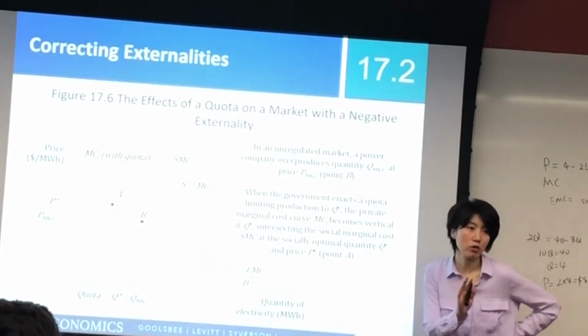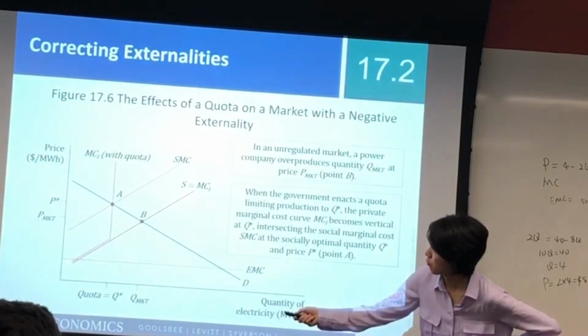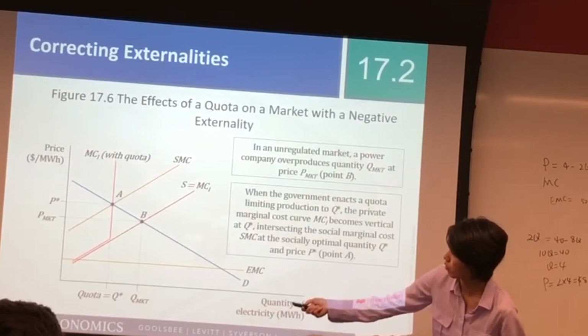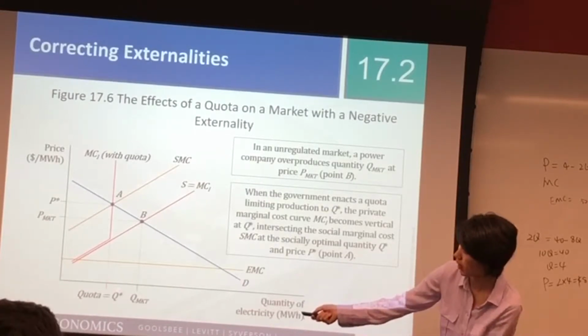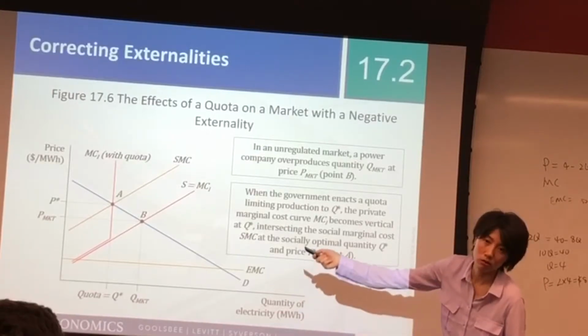That means all the firms cannot produce more than Q star. So before Q star, the marginal cost is like this, same, right? Same slope, same marginal cost. Right? But when the production is above Q star, this marginal cost becomes vertical. That means